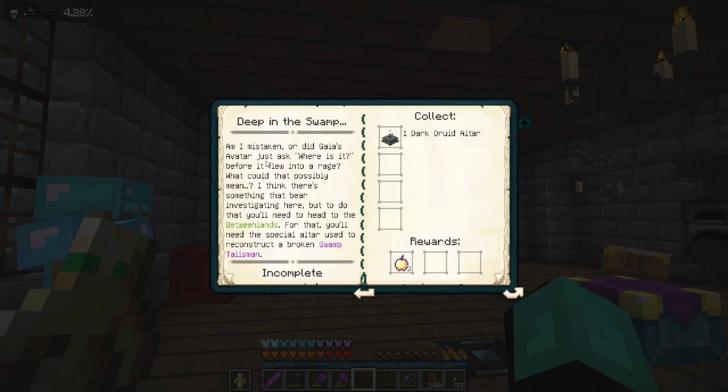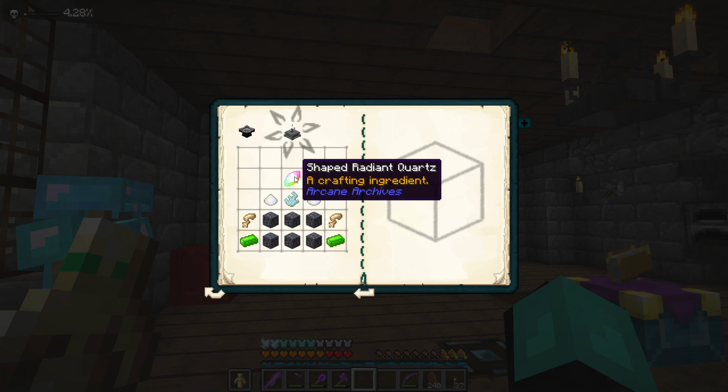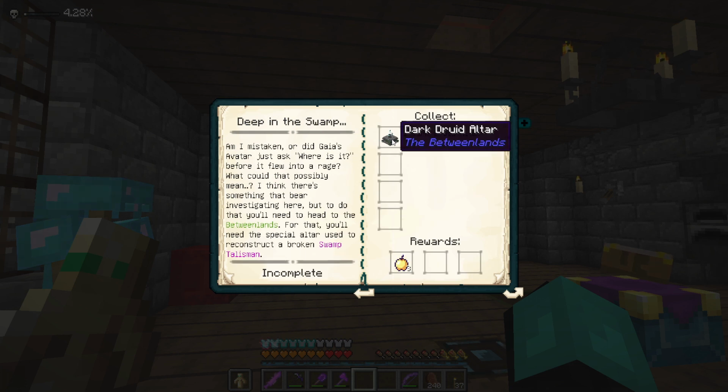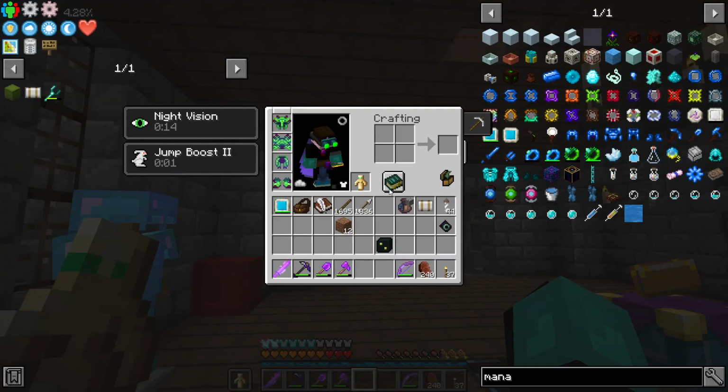And then we've got Deep in the Swamp, and this is the new one. So this did unlock. I'm sorry, I checked it out. I think there's something that bears investigation, but you'll need to head to the Betweenlands. For that, you'll need to construct a special altar used to reconstruct a broken swamp talisman. So we're going to need that, some radiant dust, some frog's legs, which means we need to do the birthing altar. We need some of that, and we need a Gaia spirit, and that will give us the druid altar. It looks like we've got some work to do, but before we do that,